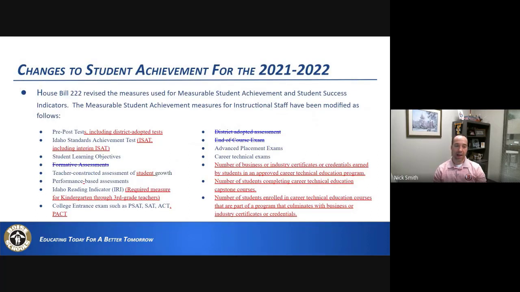Going back a slide, last year, a bill was introduced and passed through the legislature. It was House Bill 222, which revised the measures used for measurable student achievement and student success indicators. I'm going to be just upfront and honest with you guys. We provided a lot of feedback on this bill. We had a lot of concerns on this bill, and we thought this bill was dead in the legislature, but